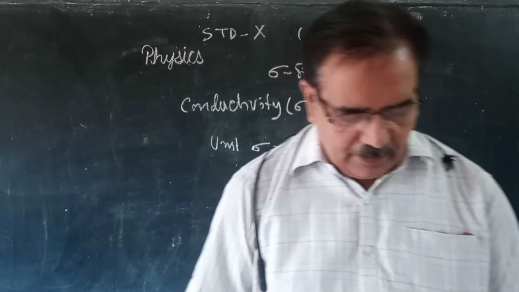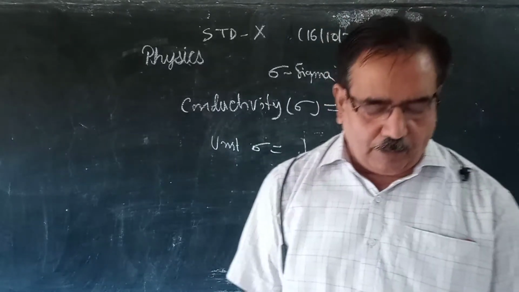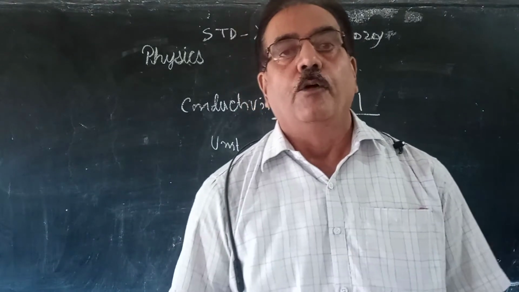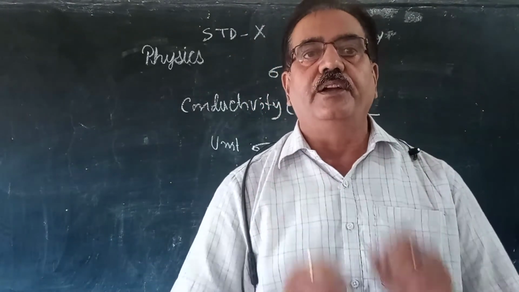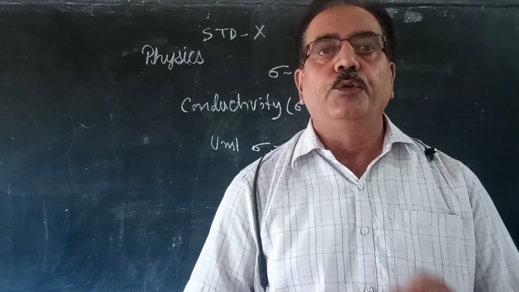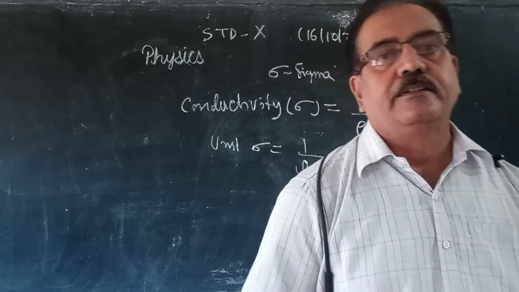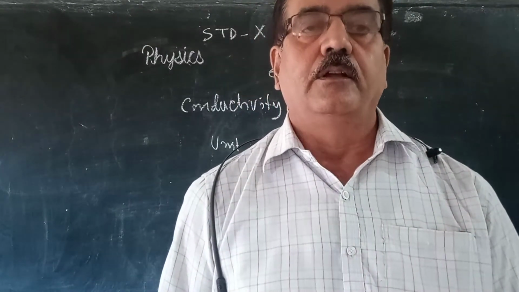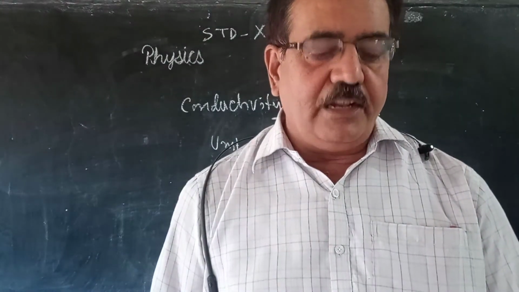Then after that I explained something about the choice of the material of the conducting wire we use. Why do we use this wire and that wire? There are certain conditions for this. First, the wire used for electric connections and power transmission. Such a wire should possess the least possible resistance.